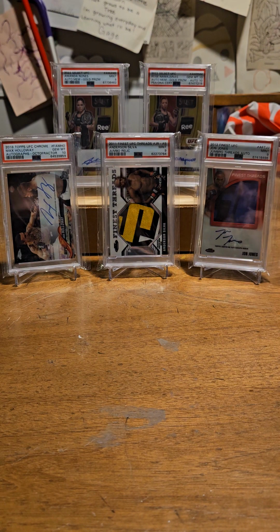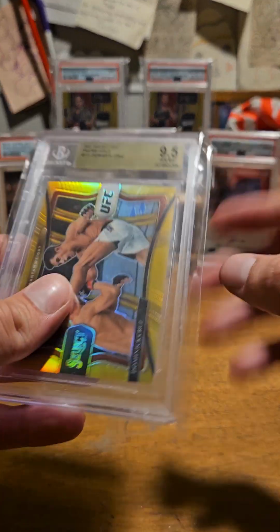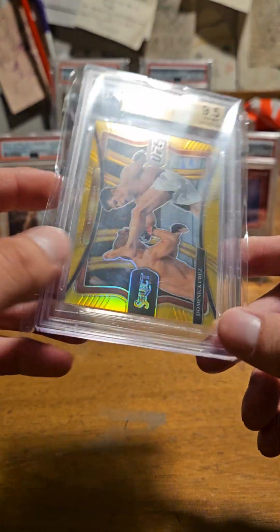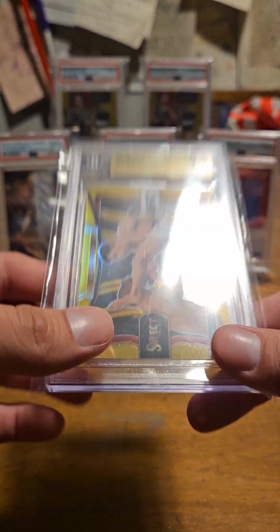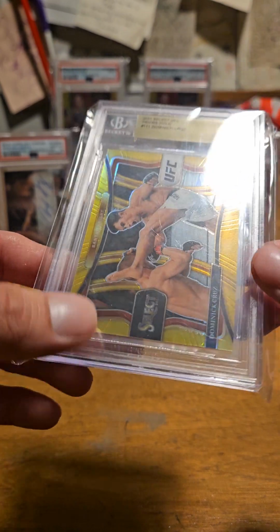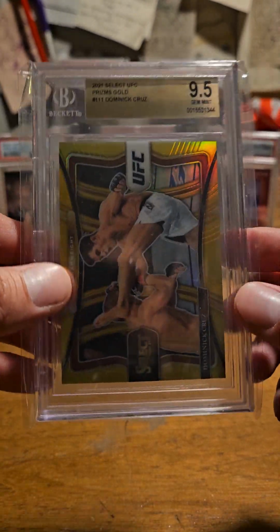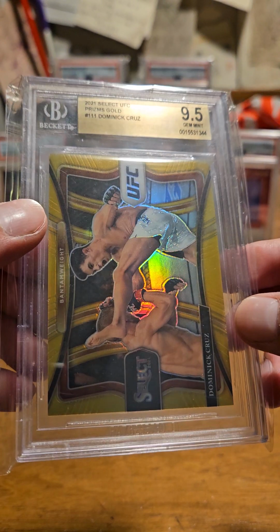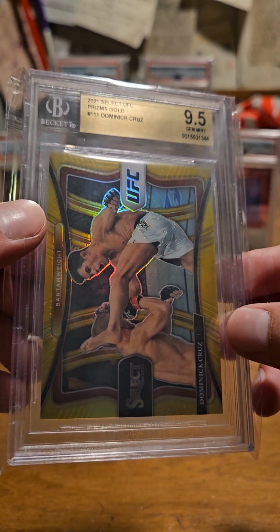So we just have like a wave of Dom Cruz cards coming. I normally don't buy BGS cards. Oh my goodness. The disrespect that Dom Cruz gets, even for me. It's because this BGS case is top heavy. Wasn't expecting it to fall like that. These are definitely heavier than PSA cases. But, 2021 Selects, Gold Prism,